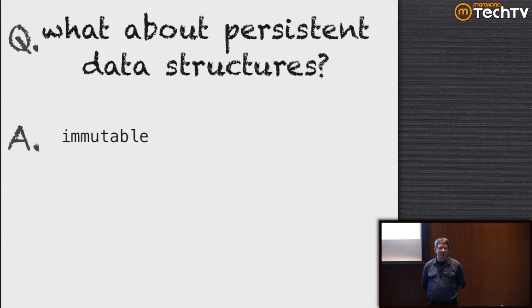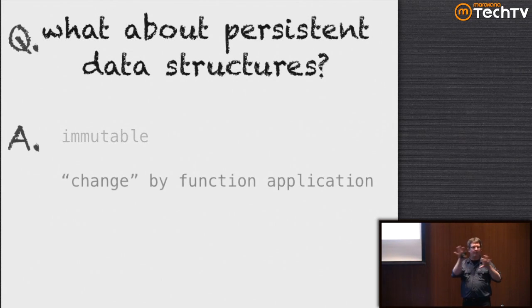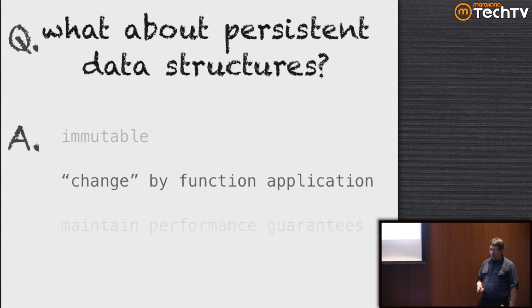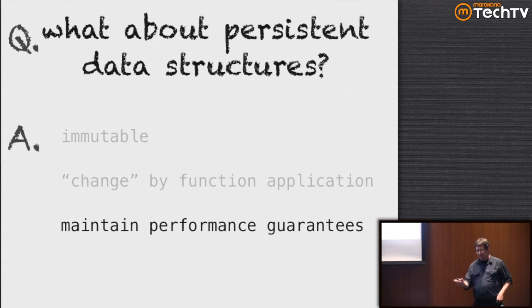So in Java, if you have a mutable data structure and you want to change it, you have to create a brand new immutable data structure with all the same values and a few separate values. But that's not true here, because if you can assume everything's immutable, you can share the common parts of those data structures when you create new ones. Everything in Clojure is immutable. You change things by applying a function to it to move it from one state to another.